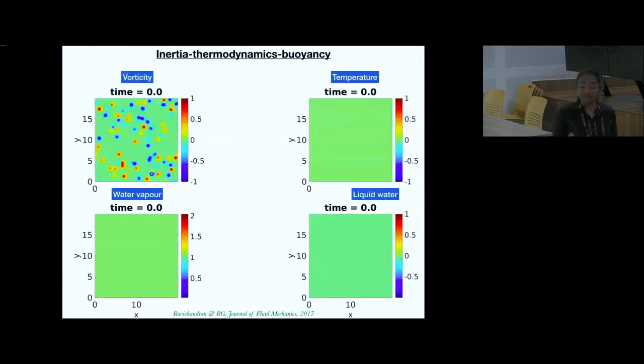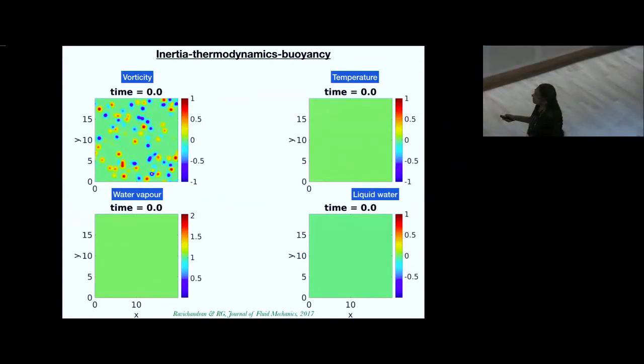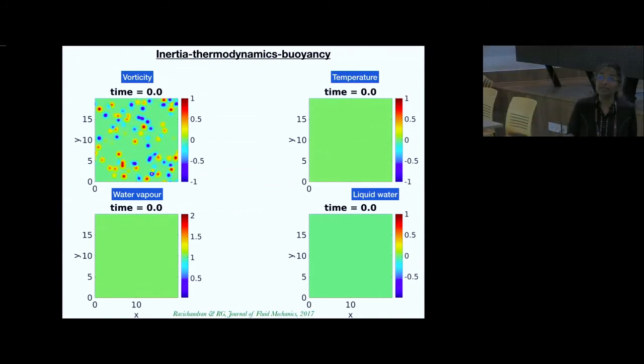And then this is a movie I'm going to show you. Basically, inertia makes the droplets evacuate vortical regions. We're starting with this kind of vorticity pattern. We're starting with uniform temperature, saturated water vapor everywhere, and no liquid water, or maybe a small amount of liquid water everywhere. So then we're going to see how droplets leave the vortical regions, and then they undergo condensation because it's supersaturated